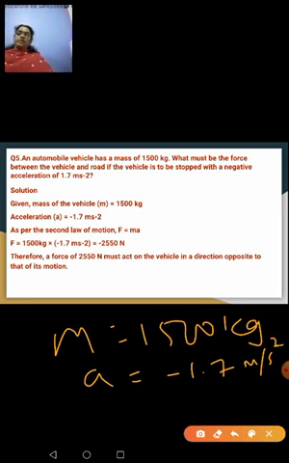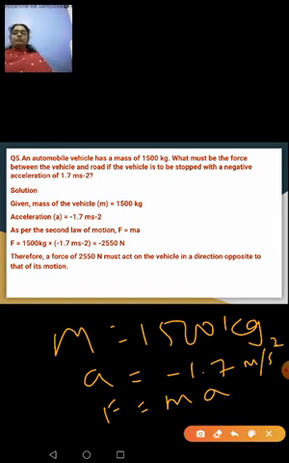You have learnt that in your first chapter. So they are asking what must be the force between the vehicle and the road if the vehicle has to be stopped. So they are asking you to calculate force. Question is very clear. When they are asking you to calculate the force, we are talking about force and laws of motion. So you will apply Newton's second law of motion and you will write F is equal to ma. Now substitute the value of m as 1500 and your acceleration as minus 1.7, because in the question itself it is given as negative acceleration.